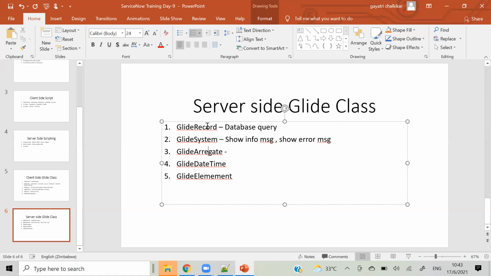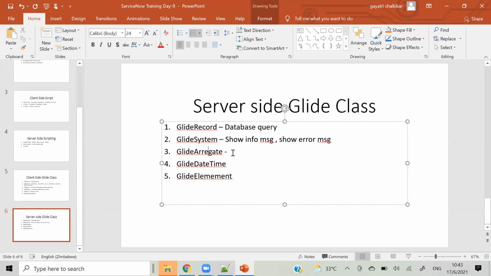In glide record I am pulling the data, like how many Gautam has created, and I will get that list, right? But here I will not get the list. Here I will perform actions like addition, subtraction, getting the sum, the average of that. And you will see this when you are working in real time.